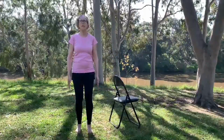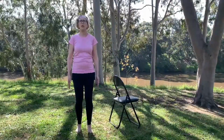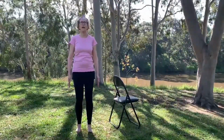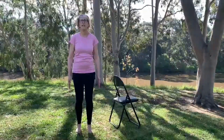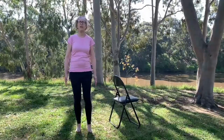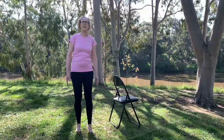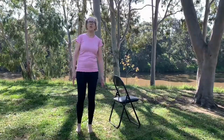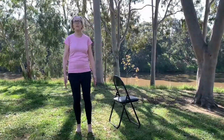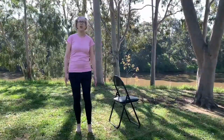I'm going to invite you to move forwards and backwards, not so to the point where you're tipping over, but just go forwards onto your toes and back onto your heels. Just a nice subtle movement, and then over to one side and then the other side. And imagine that you're like a small tree being blown in the breeze, and then you're going to form a circle